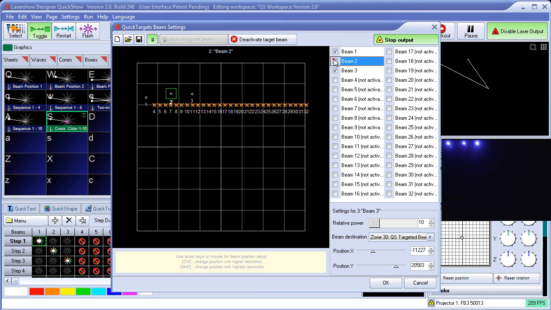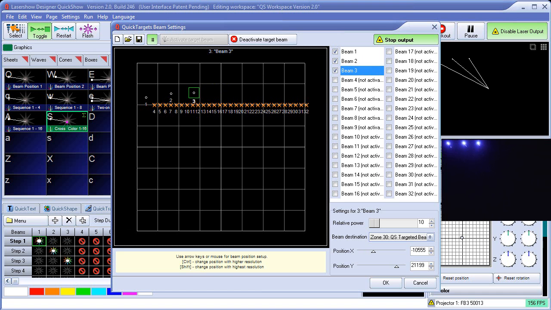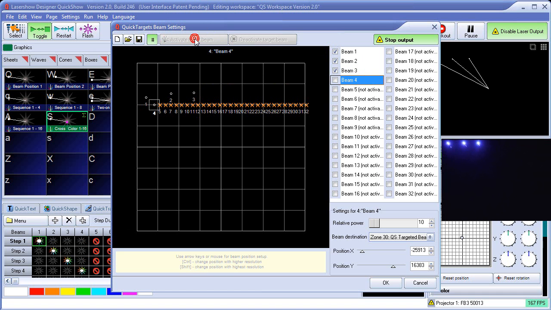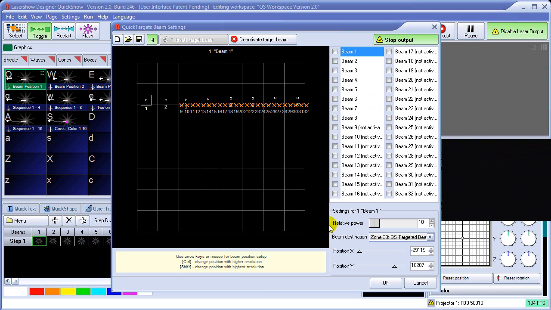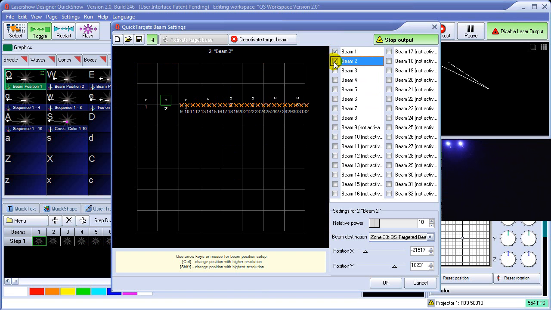Turn beam 2 back on just so we can see that. Beam 4, we'll go ahead and activate that, turn it on, and then move that into position. Once we're in this Quick Targets beam settings window, you can enable the laser output and then enable these beams one at a time, move them around, turn on as many as you want while you're doing the alignment,